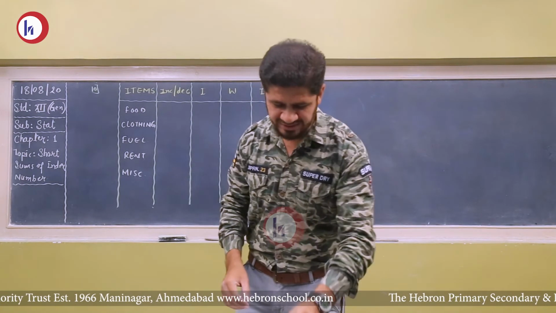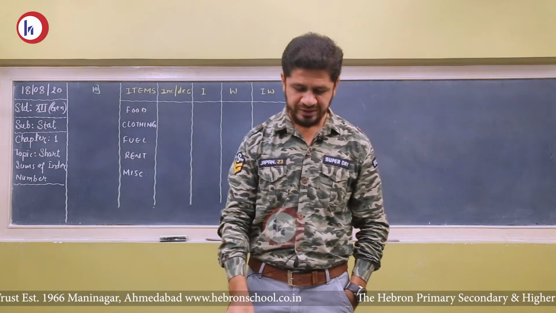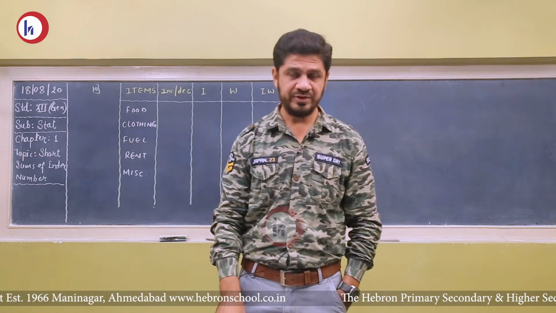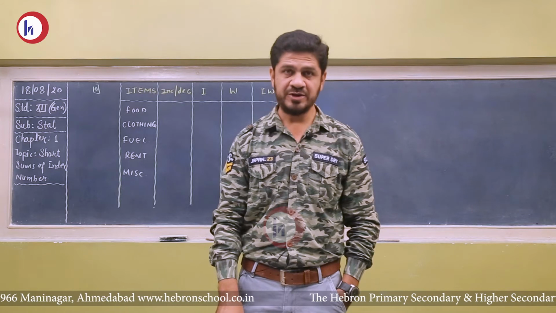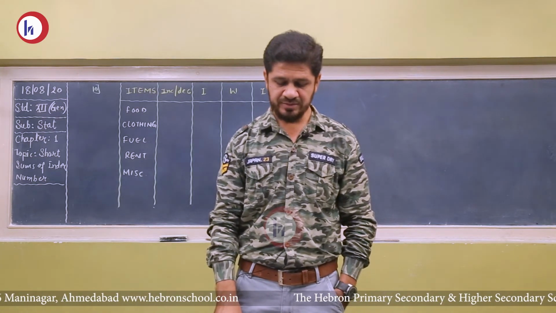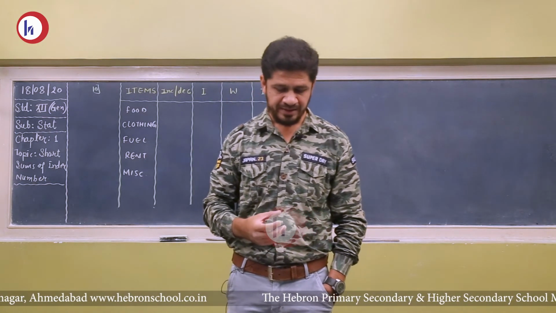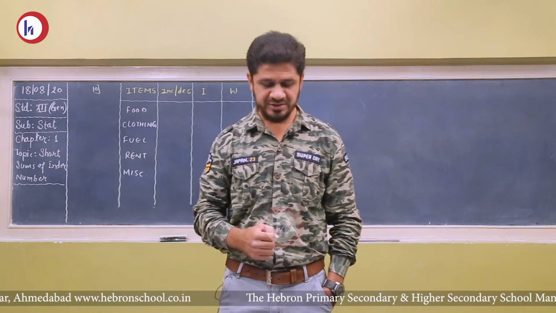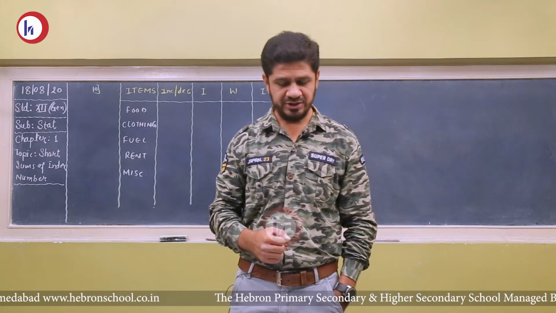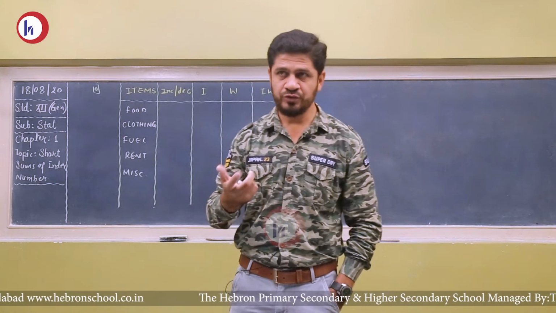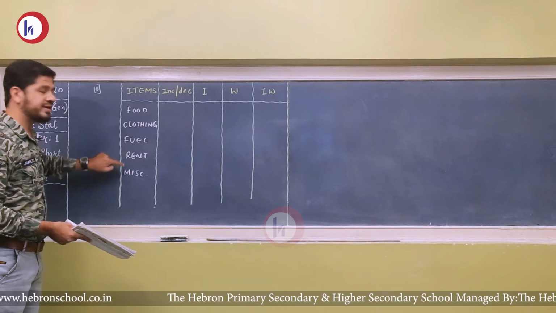Okay students, now let's come to the last sum of the chapter, page number 57, sum number 10. The index number of food and clothing among the different groups of cost of living are 150 and 224.7 respectively for the year 2015. The price of fuel has increased by 22%. The expense on rent has increased from 4,000 to 6,000 and miscellaneous expenses increased by 1.75 times. If the expenditure for the first 4 groups are 40%, 18%, 12% and 20% respectively, find the cost of living index number for the year 2015 and interpret it. So 5 items are given in the question: food, clothing, fuel, rent and miscellaneous, right?